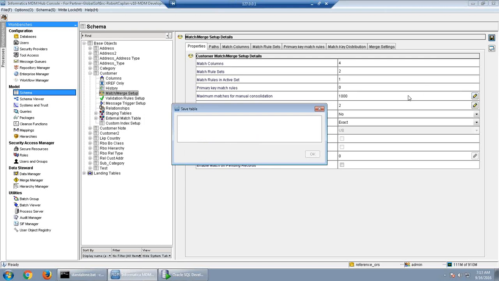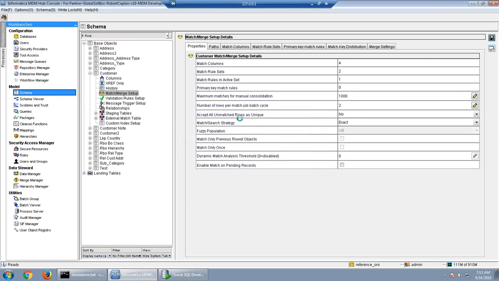Now I am saving the table, so the consolidation indicator will again get reset to 4. Then when we run the match job, we will see that only for 2 records the consolidation indicator value is changed to 2, and for the others it is not changed.